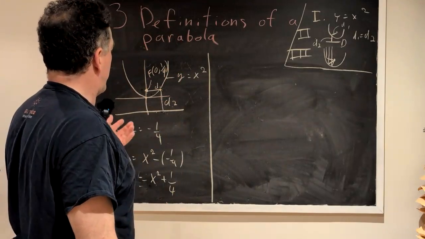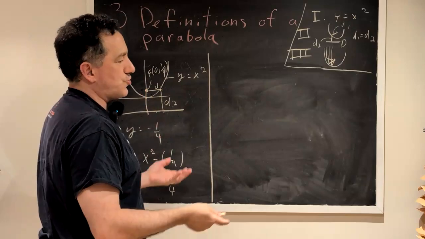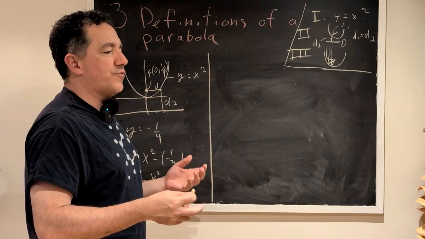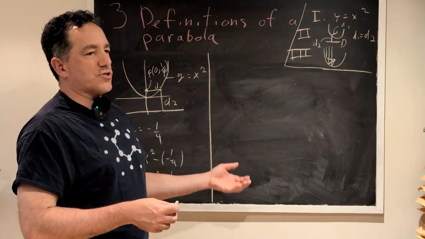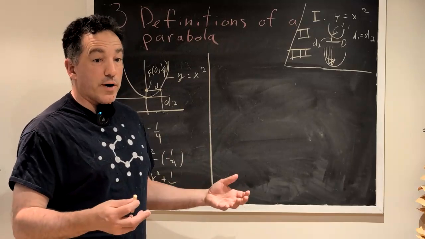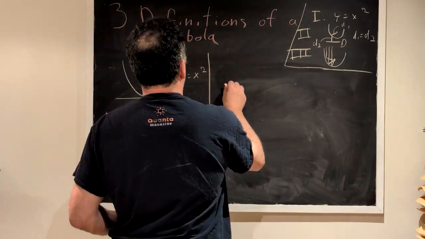And now we will calculate the distance between any point on the parabola and the focus, and we just use the standard distance formula, which is the square of the difference in x coordinates plus the square of the difference in y coordinates, and we take the square root of it. So we have d1